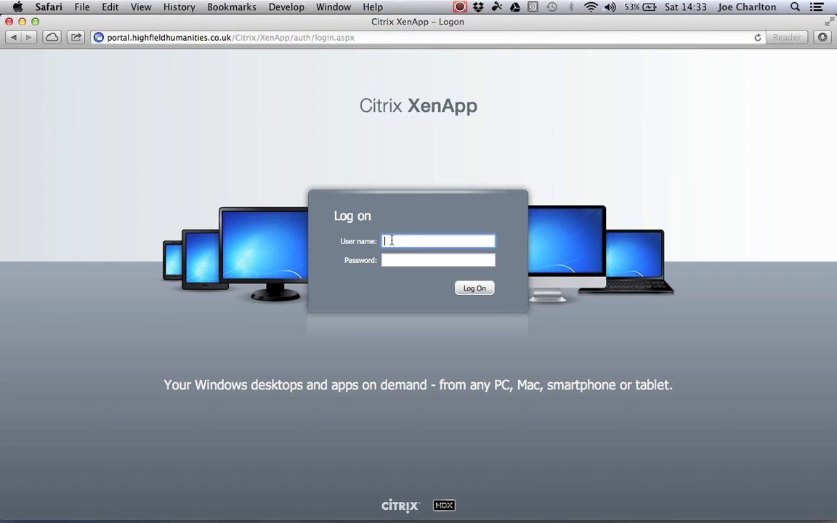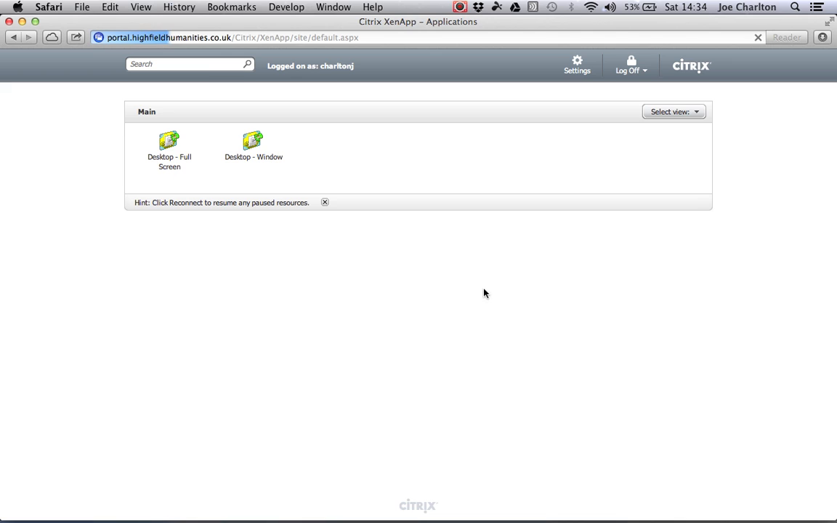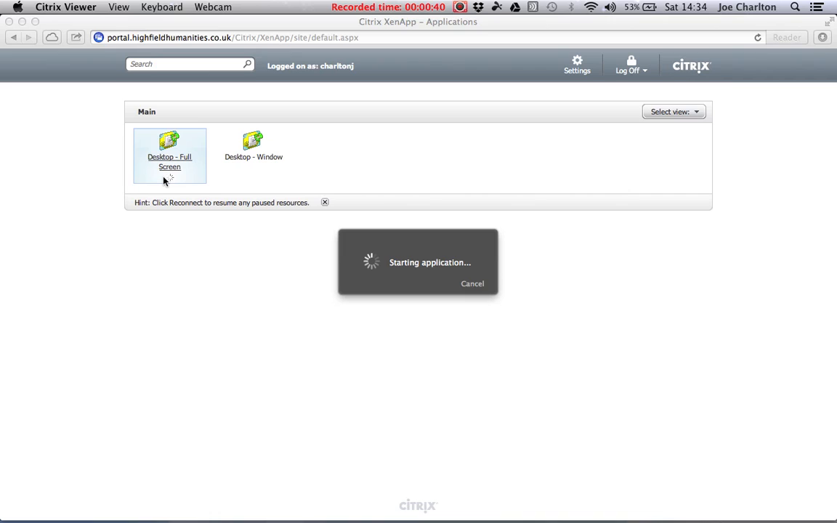Now when that pops up, you need to type in your username and password that you normally log on to the school system with and click log on. You'll then get two options, either full screen or window. Click on full screen because we want to have use of the full screen. If we just click on the window, it'll be too small and we won't really be able to see what we're doing. And as you can see, it's taking a couple of seconds to log on,